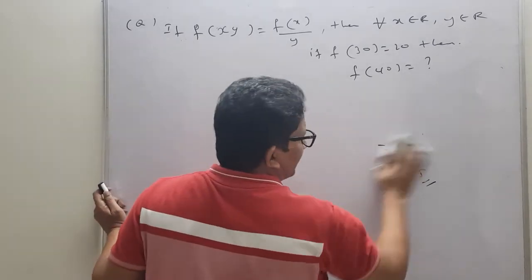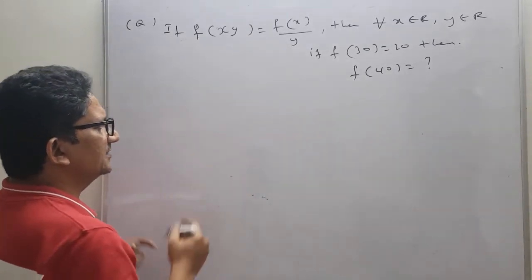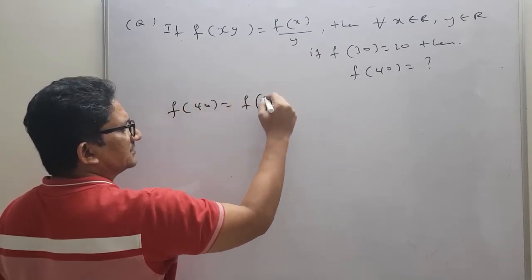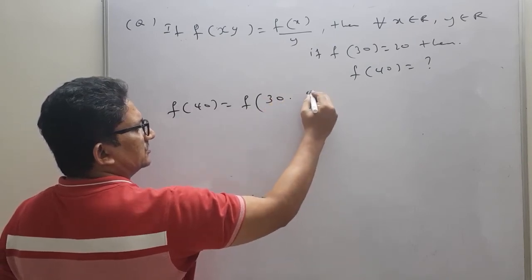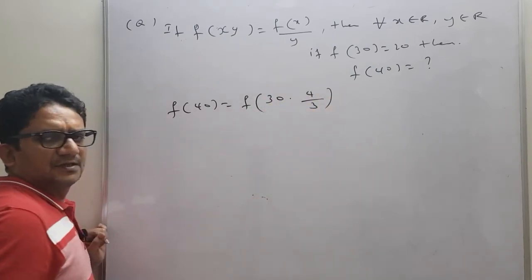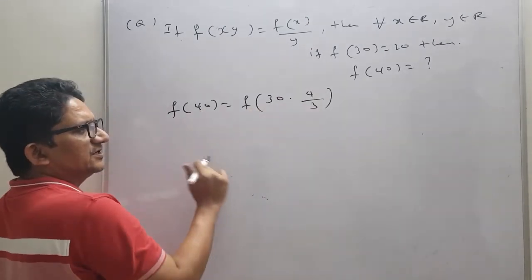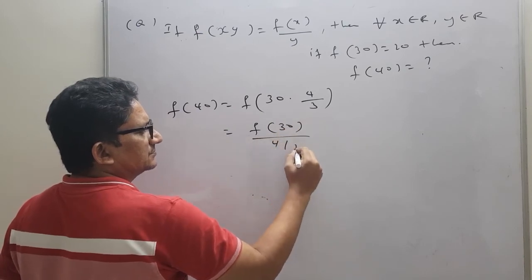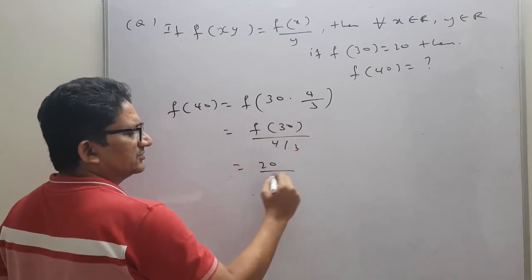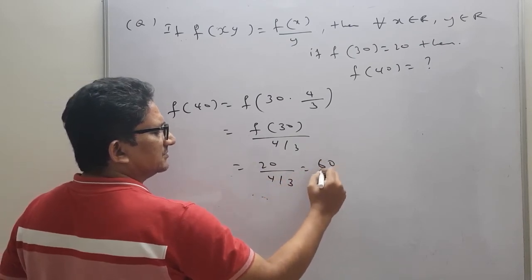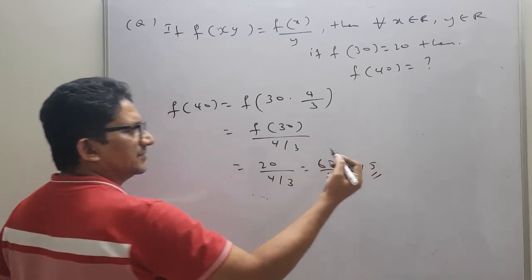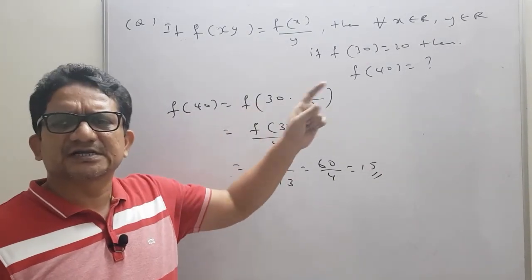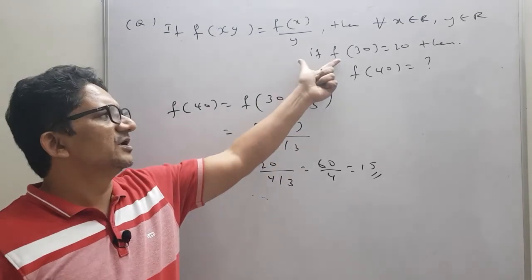So, the same question, I am telling different patterns. So, you may get any idea. Suppose I want to write f of 40 like this type: 30 into 4 divided by 3. So, 30 into 4 divided by 3 is also 40. Now, according to the definition, we can write like this. Now, f of 30 is 20, 20 by 4 by 3, which is what? 60 by 4. So, we will get the value 15. Like this also you can solve. That is actually a pure mind game, whatever strikes, but we need to manipulate the numbers by using the given result.